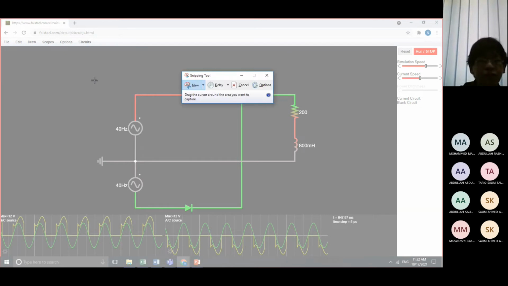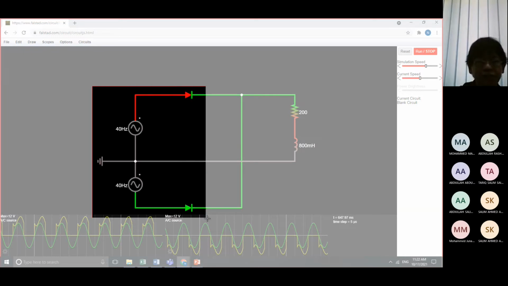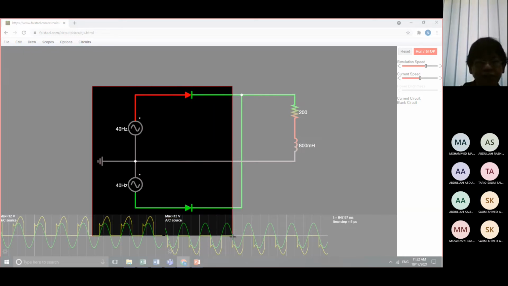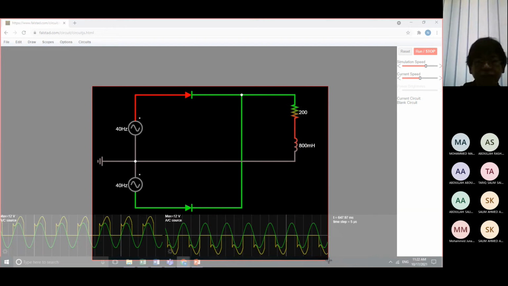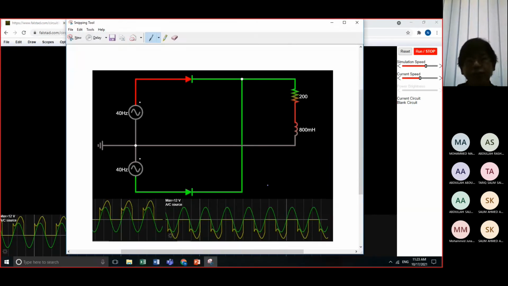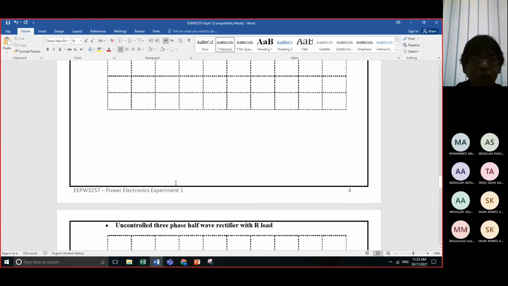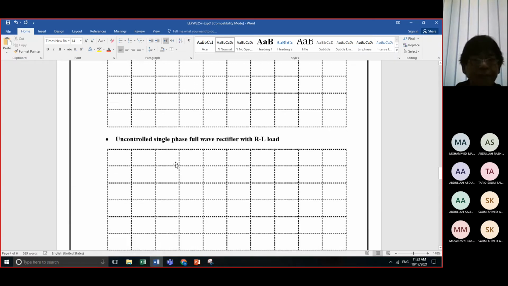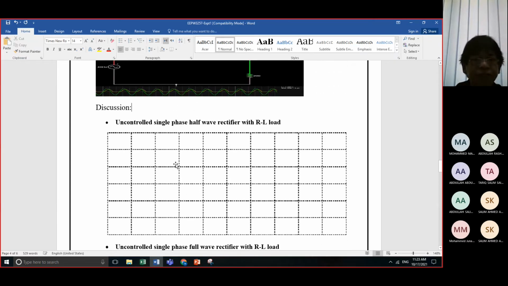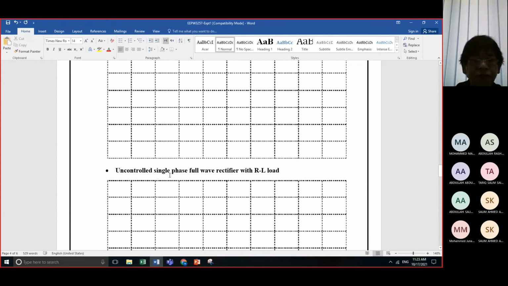What is important is that you cut the circuit, for you to have the reference, because actually you will draw that in the graph, but to have a reference, it is better you copy this and then go to the report. Okay, so this is now your uncontrolled single phase full wave rectifier here.